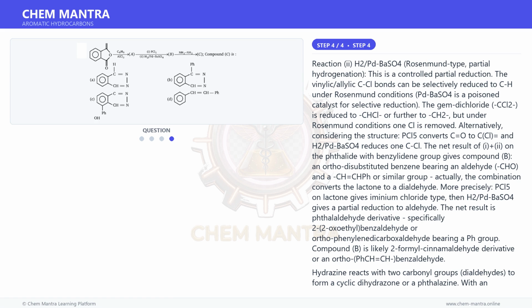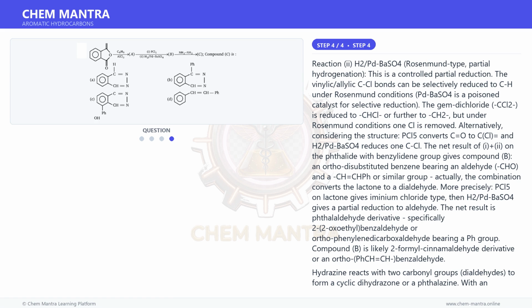Hydrazine reacts with two carbonyl groups, dialdehydes, to form a cyclic dihydrazone or a phthalazine. With an ortho-dialdehyde bearing a Ph group, hydrazine would condense with both aldehyde groups to form a cyclic structure, a phthalazine derivative. The two C=O groups react with the two NH2 groups of hydrazine, H2N-NH2, to form a ring containing N=N or CH=N-N=CH fused to benzene. This gives a phthalazine type product with the Ph substituent on one carbon, specifically 1-phenylphthalazine or 1-phenyl